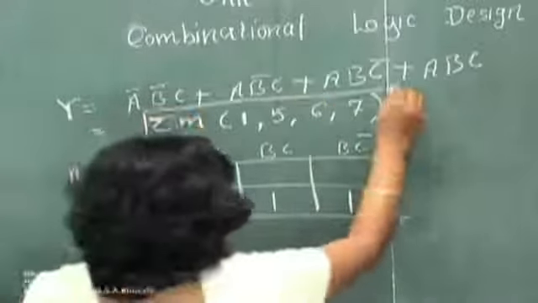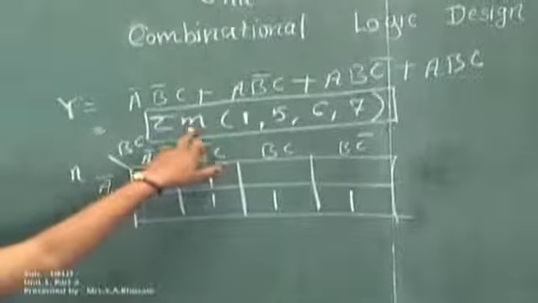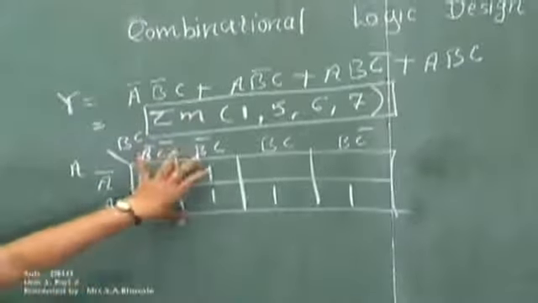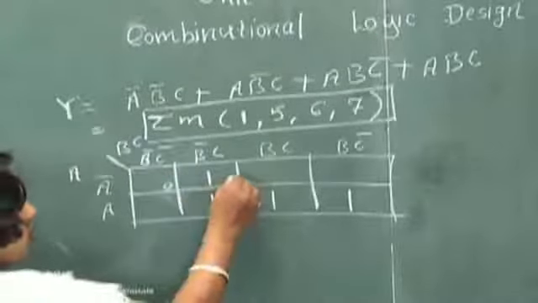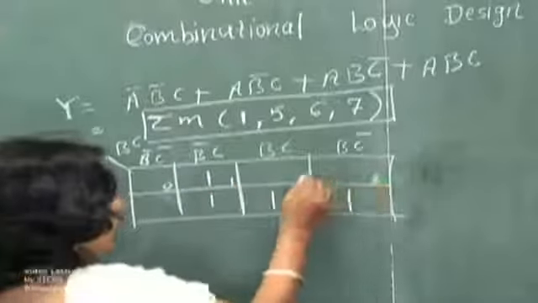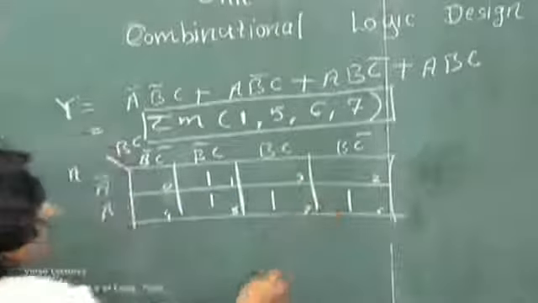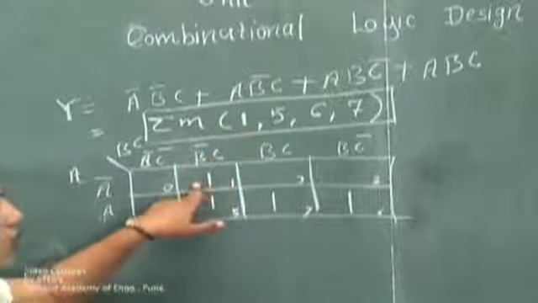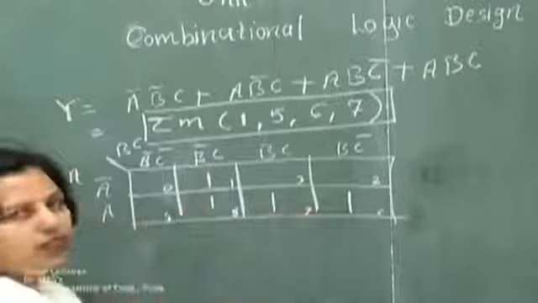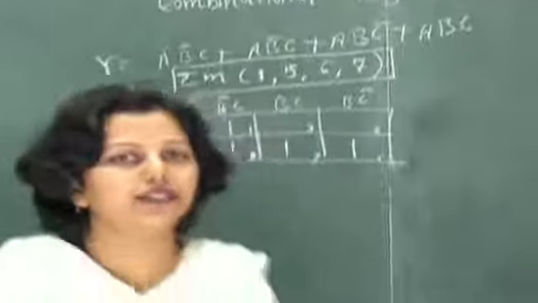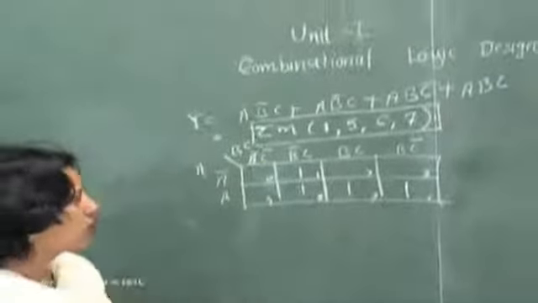So instead of writing the entire equation using min terms, I can write down the equation like this, and from here I can directly write down a K-map. In the K-map also we have studied, this is nothing but the 0th cell, this is first, this is second, and third, fourth, fifth, 6th and 7. See, at 1 it is 1, at 5 it is 1, at 6 it is 1, and at 7 it is 1. So min terms can be related very well with the K-map simplification. This is the example for the standard SOP form.